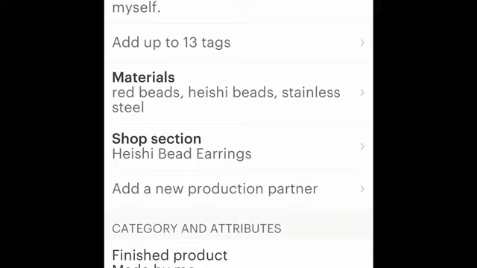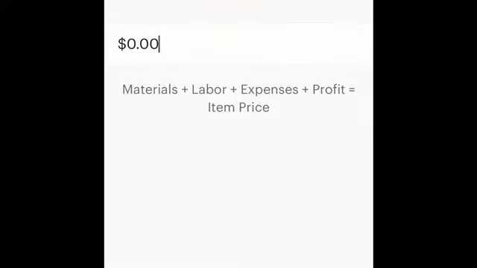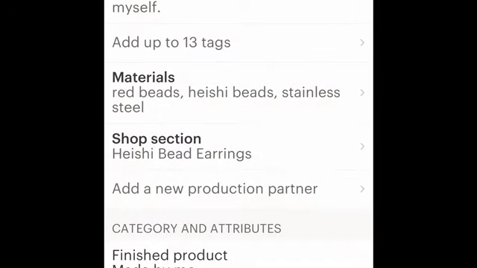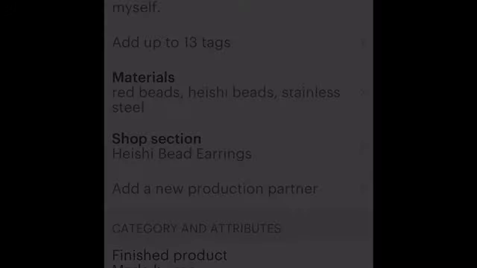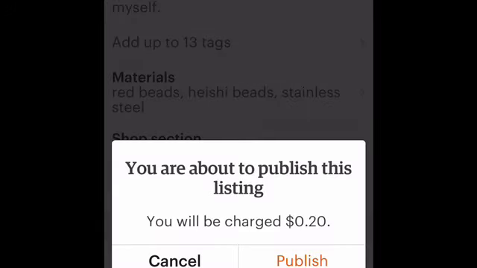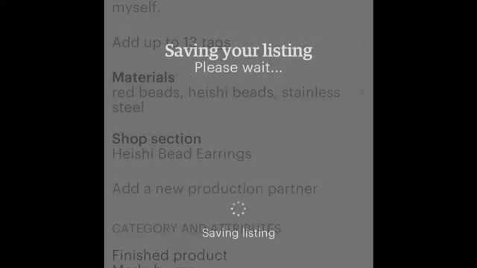So let's see what part is next. We have the price. I'm gonna put $20. You know, this is a mock, a pretend one. There are many different things you can do for pricing, but make sure if you're doing free shipping that you include that into